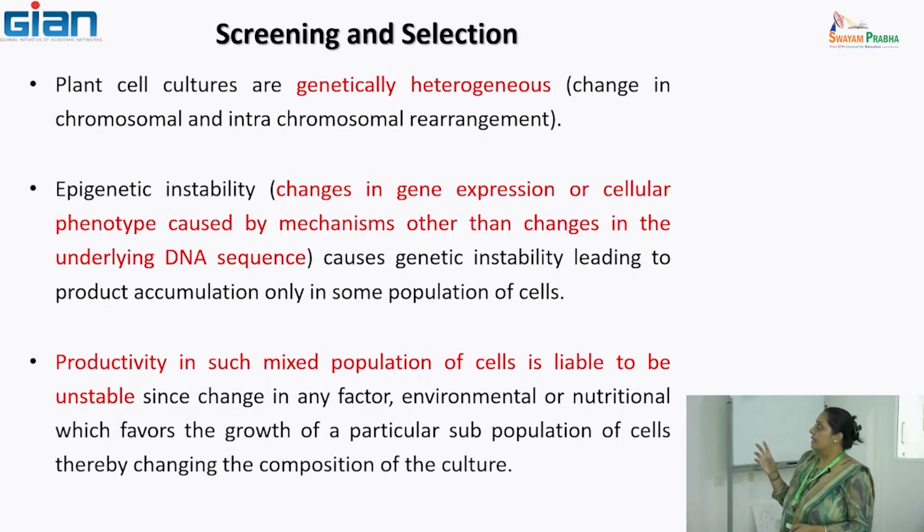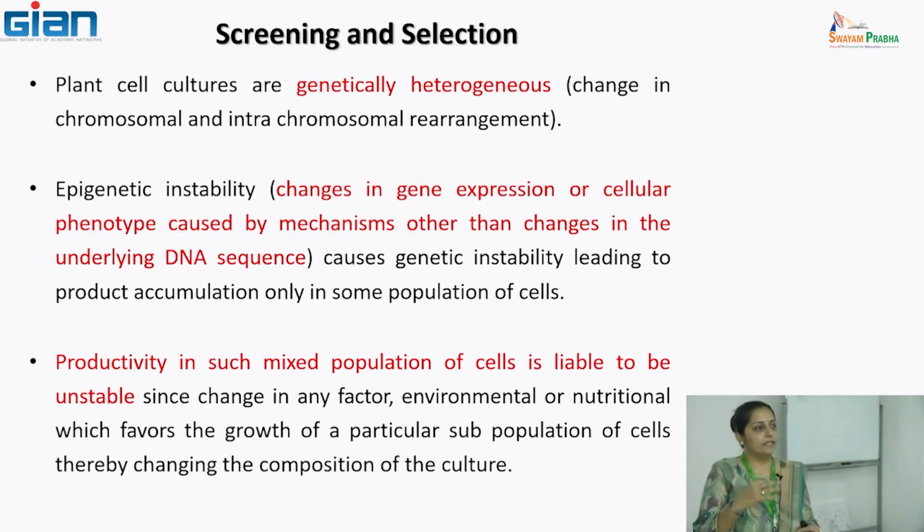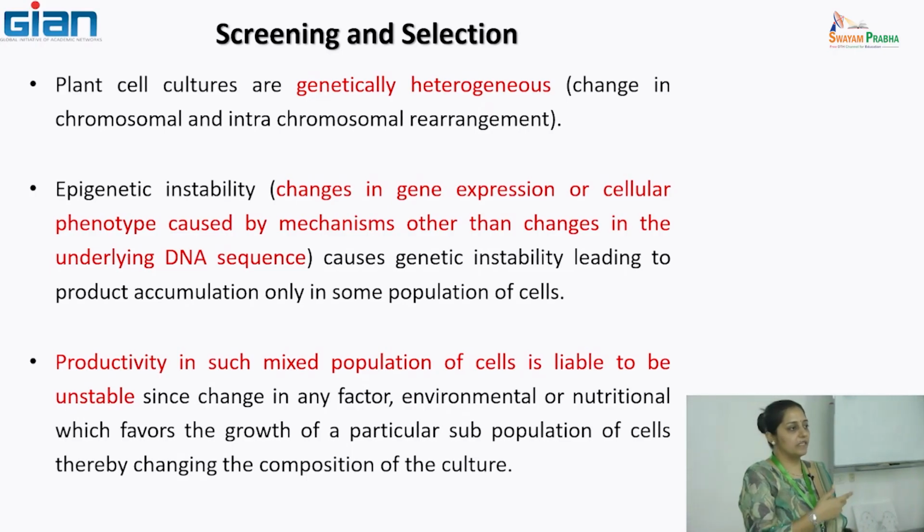Although this is easy, you take an explant, you generate a callus line, and now you think you are ready to use that callus line. But when you create that cut on the explant, a number of cells get exposed to the medium, and not all cells are of a similar type. So all the callus which you get as one bolus mass is generally a heterogeneous mass of cells. And therefore, as you continue to subculture them, they may show some disturbance in the yields after continuous subculture.